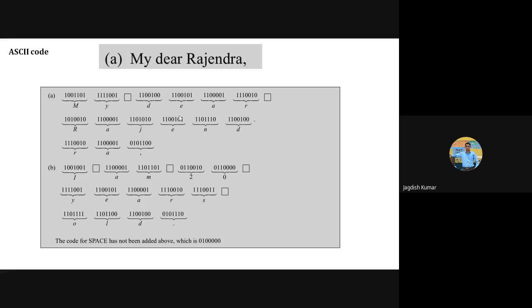In the coming few classes, we shall be talking about the hardware part, that is, how these zeros and ones are processed in electronic circuits. I hope you remember one of our earliest classes on different logic gates, how we can design logic gates with the help of transistors, which we called TTL, transistor-transistor logic.